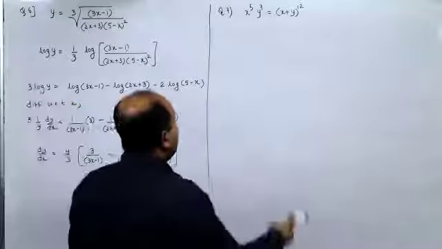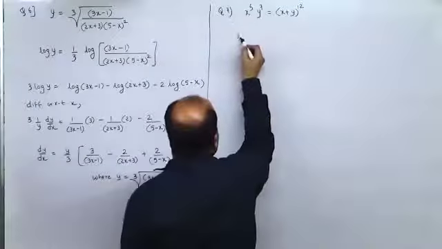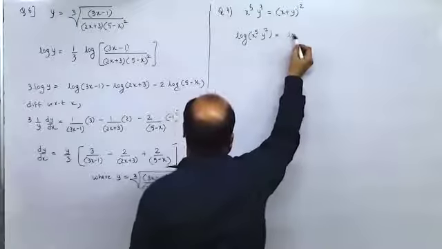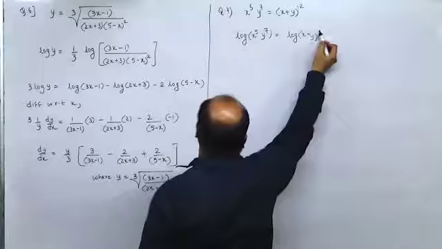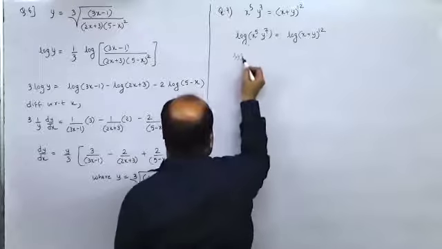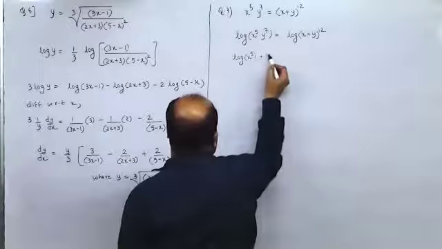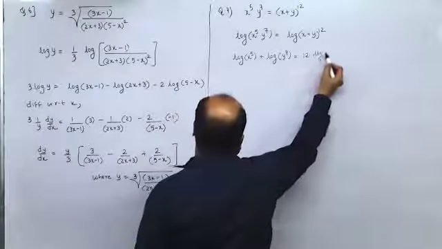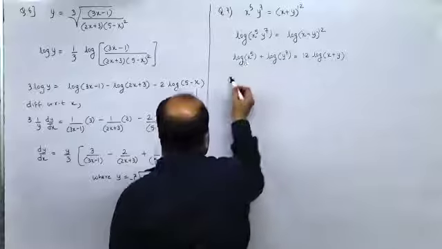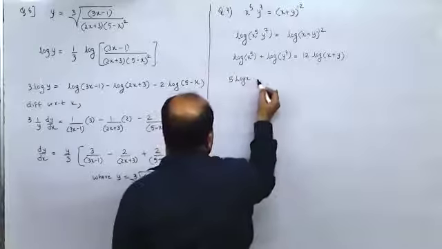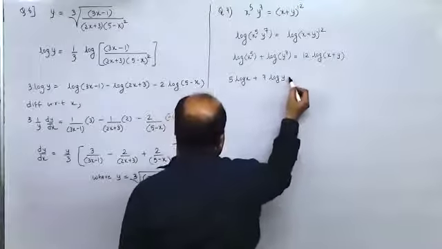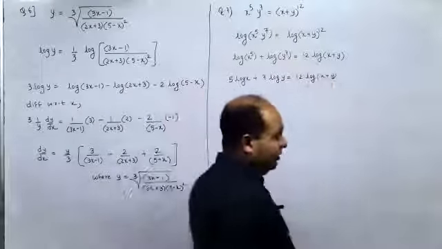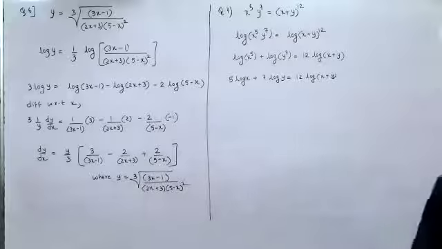Here we'll take log on both sides. So we'll get log of x raised to 5 into y raised to 7 equal to log of x plus y raised to 12. Now this would be log a plus log b, is equal to 12 log x plus y. So this would be 5 log x plus 7 log y is equal to 12 log x plus y. It is always better to use log over here. You can directly differentiate and get the answer, but it is better to use log over here.